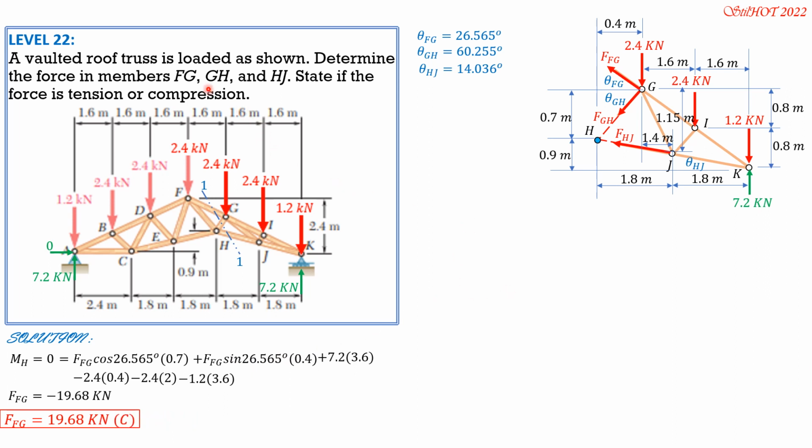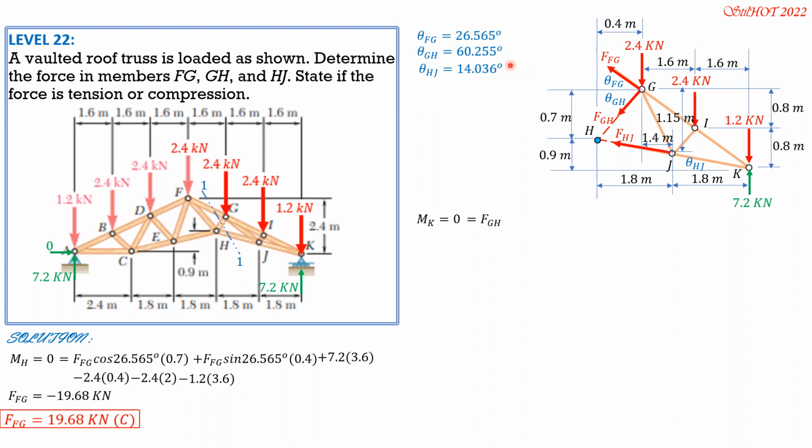Next, to solve for GH, FFG and FHJ pass through K. So we set moment at K equal to 0 to solve for FGH. Counterclockwise positive again. So 7.2 and 1.2 will not be involved. FHJ and FFG will not be involved because they pass through K. So we have fewer forces. The horizontal component of FGH is counterclockwise. Remember, counterclockwise positive. It is FGH